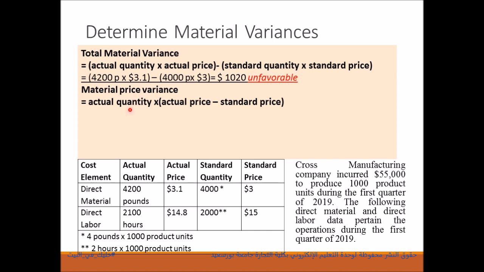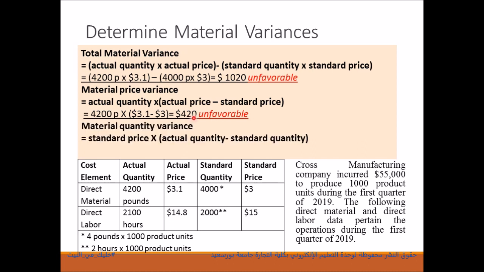Price variance can be obtained by applying actual quantity to the difference between actual and the standard price. Actual price is higher than standard price. That's why material price variance is unfavorable. $420 unfavorable price variance. Quantity variance can be obtained by applying standard price to the difference between actual and the